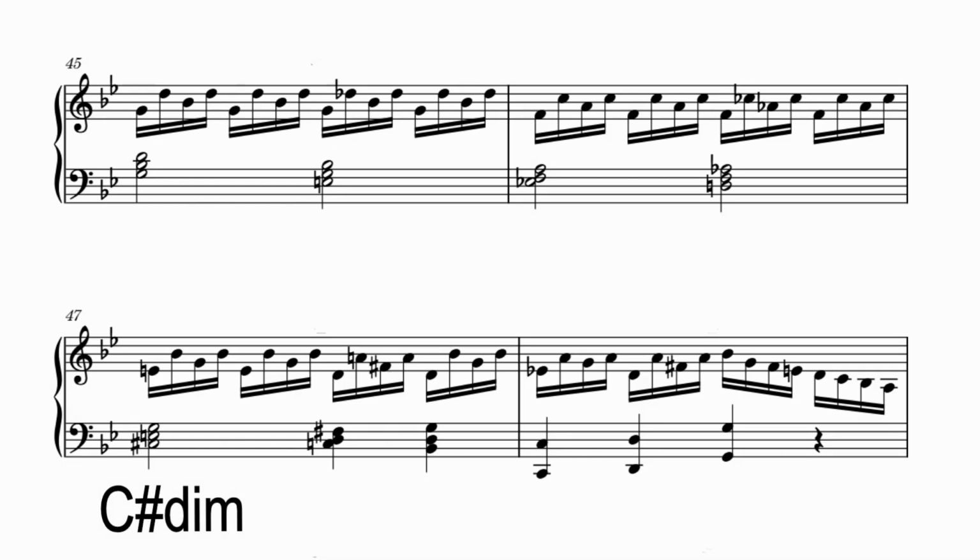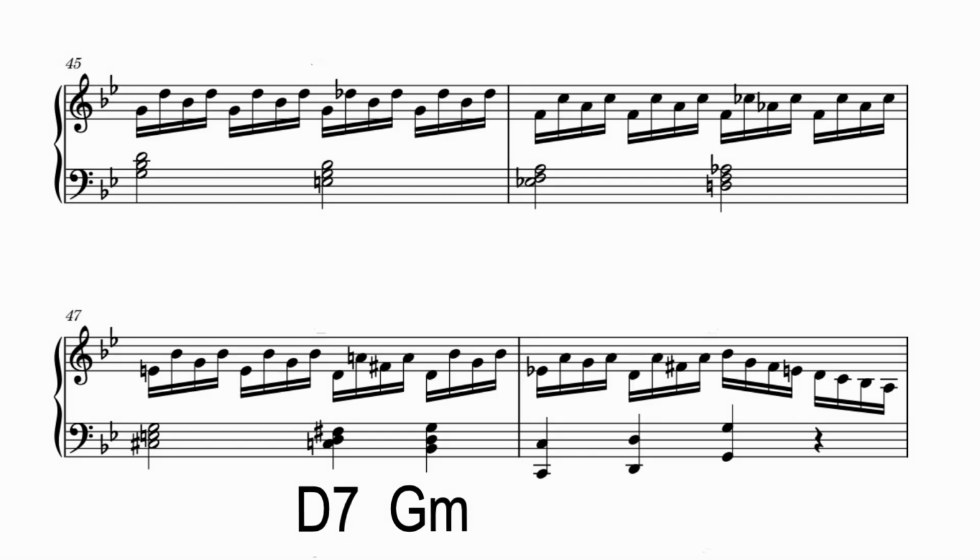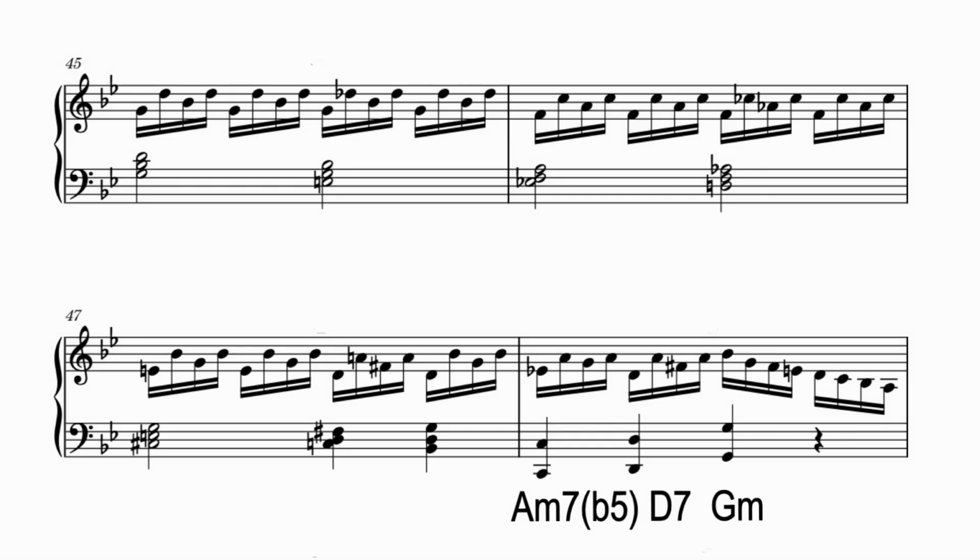It concludes first with the perfect cadence D7 to G minor, and is then expanded with a minor half diminished, D7 and G minor. This is the typical 2-5-1 cadence, which is part of the standard repertoire of jazz musicians. One more detail is puzzling. In the descending line that leads back to G minor at the end, the E flat is raised to E, creating a Dorian scale. But why? Put together and repeated as a whole, it sounds like this.